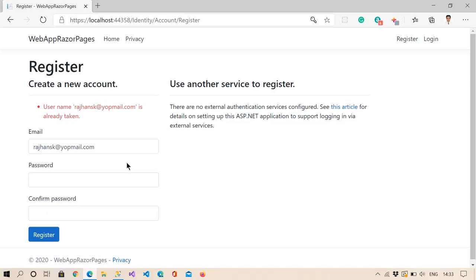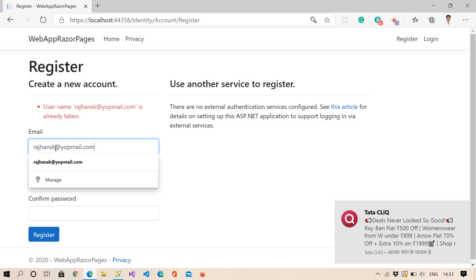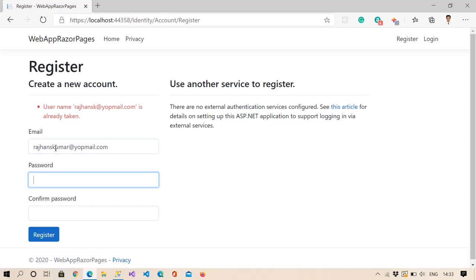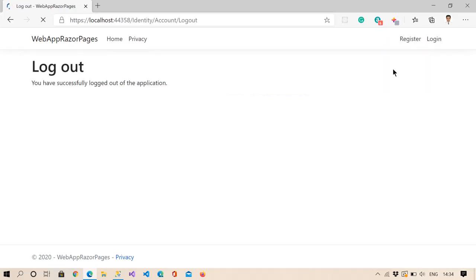This name is already taken, so let me use a different name. So here you can see the user is registered now. Let me click on log out. Now logout is working very well.